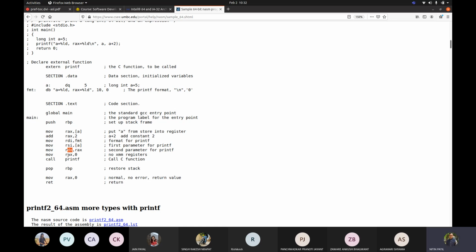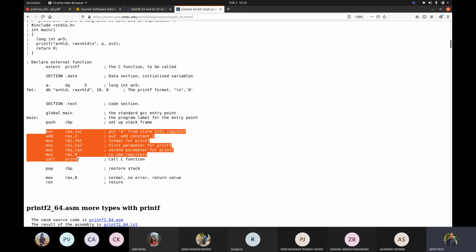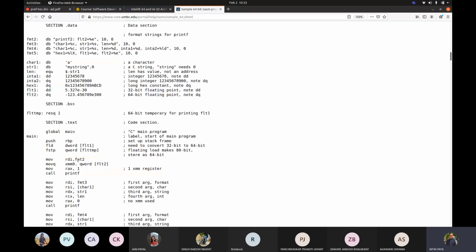Now if I try to compare this with the kind of mechanism which is applied in 32-bit code, the push instruction for function call is completely removed. All parameters were pushed in 32-bit, but in 64-bit I cannot see any push related to the call. Registers are used to hold the parameters, no matter whether I am talking about system calls too.